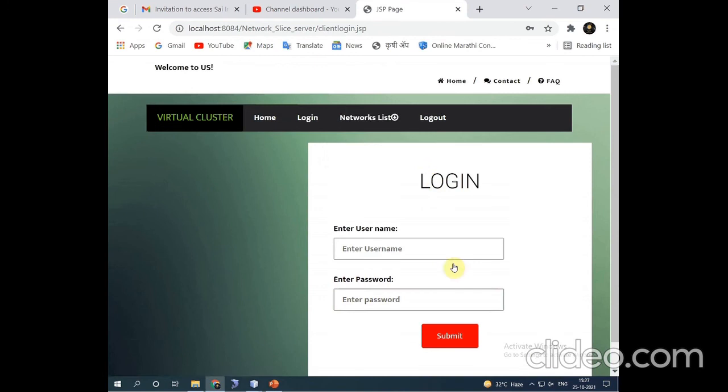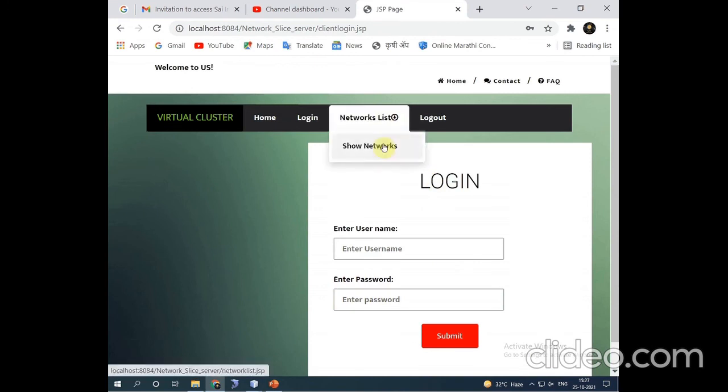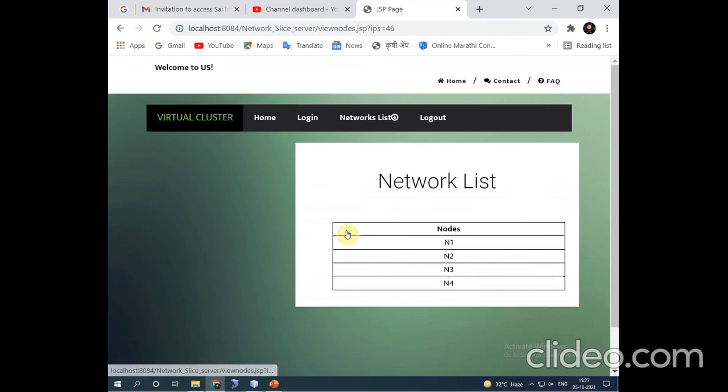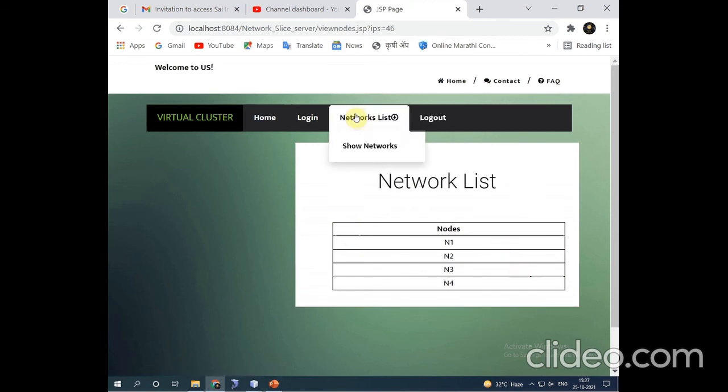After registering all of the nodes, we can see the list of the nodes which we have registered. Here they show the view node, all of these nodes.